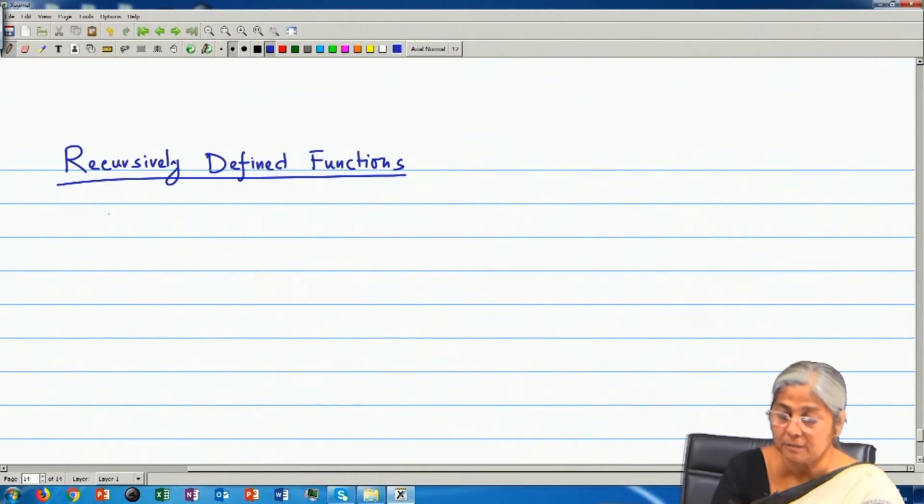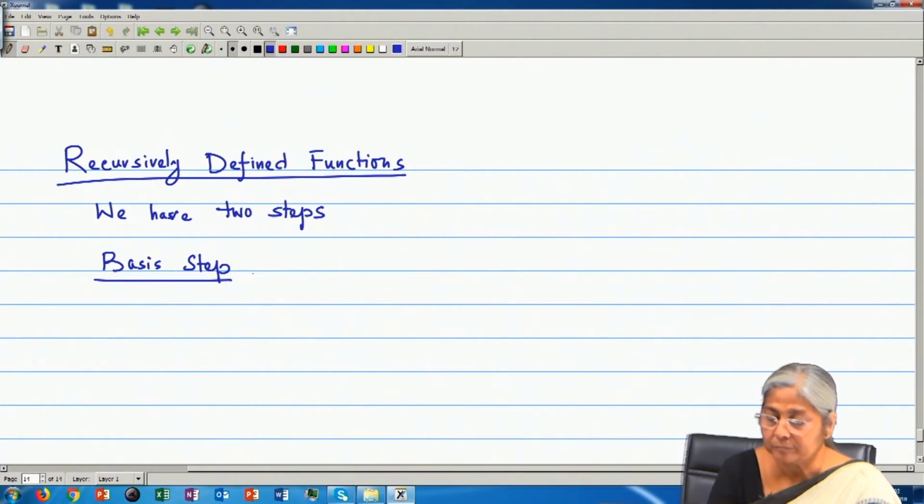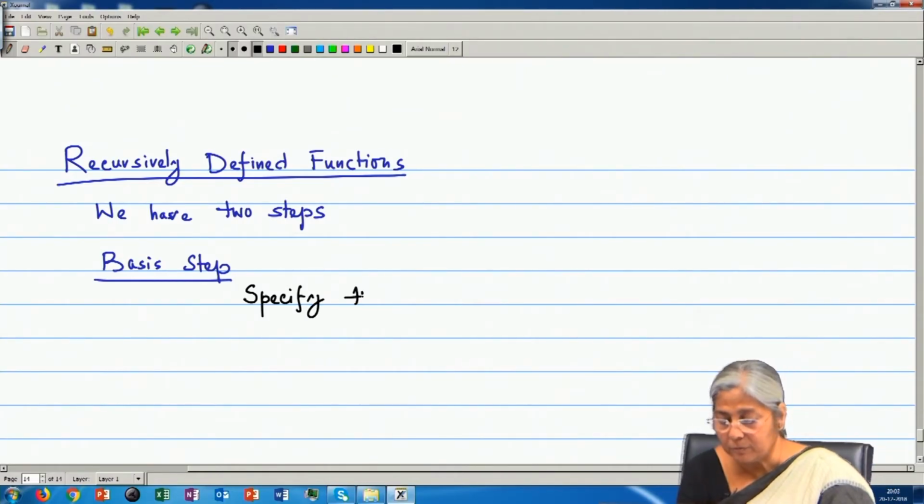When we define recursive function, we have two steps. And this is very similar to mathematical induction. We give a basis step where we specify the value of the function,